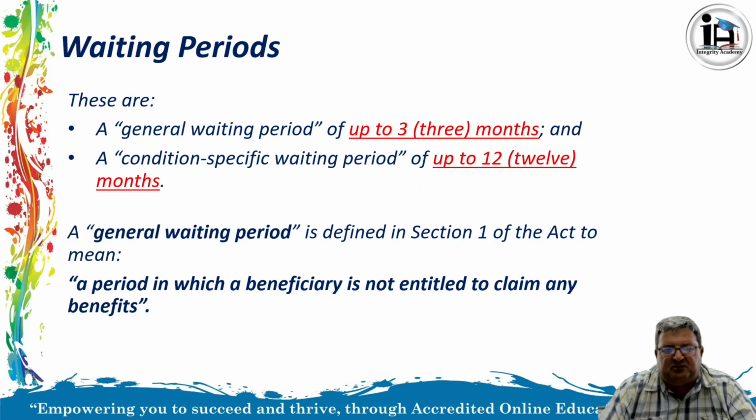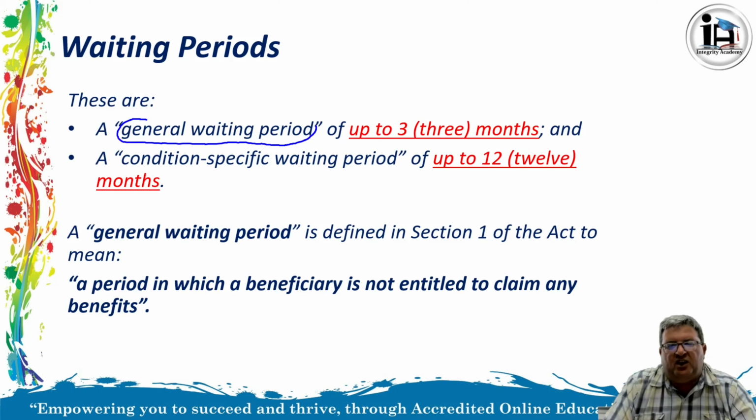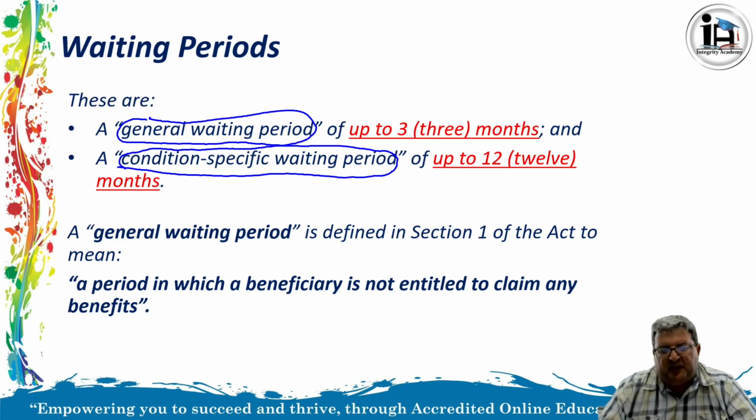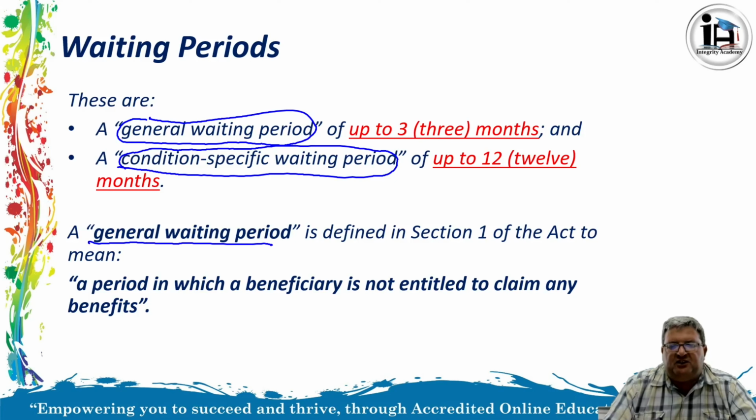There's a general waiting period, which is up to 3 months, and a condition-specific waiting period, which is 12 months. The general waiting period is defined in Section 1 of the